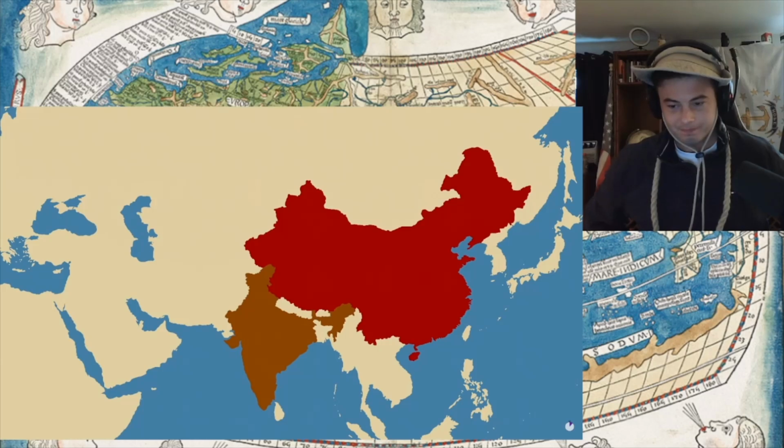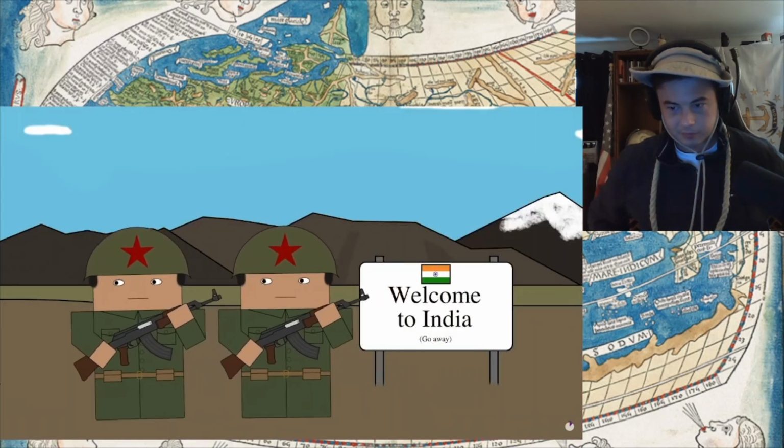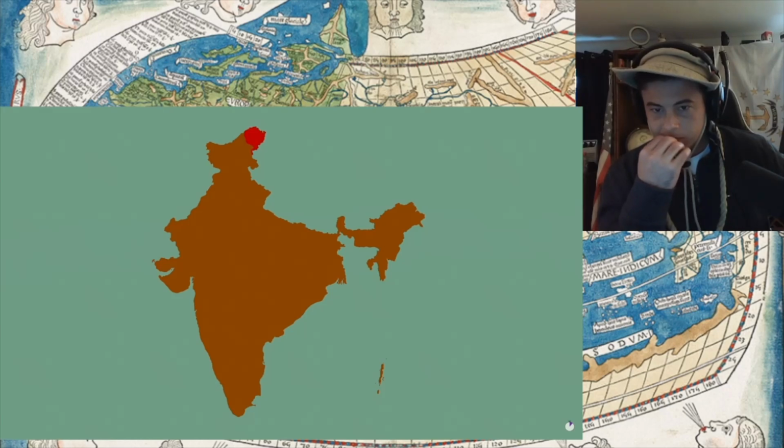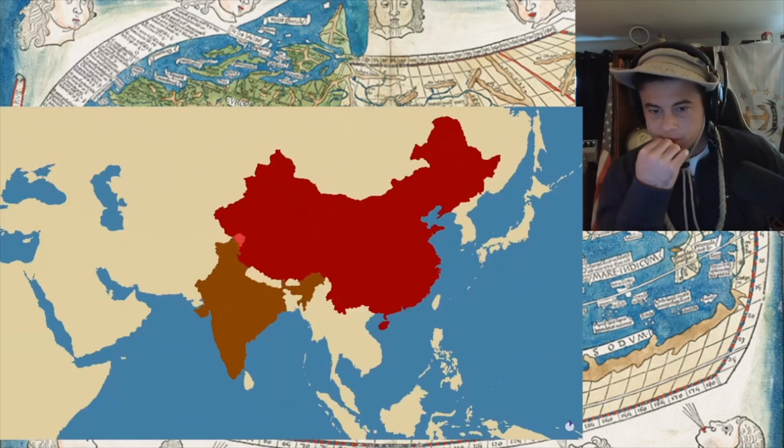At first, China performed well and pushed into the area with ease, and Zhou Enlai pushed for peace negotiations, which Nehru rejected. And a month after Chinese forces had crossed into India, they had reached the edge of China's claim to territory, and so they declared a ceasefire, meaning that the war was effectively over. Because China didn't want to push its luck, and India wasn't in a position to respond.